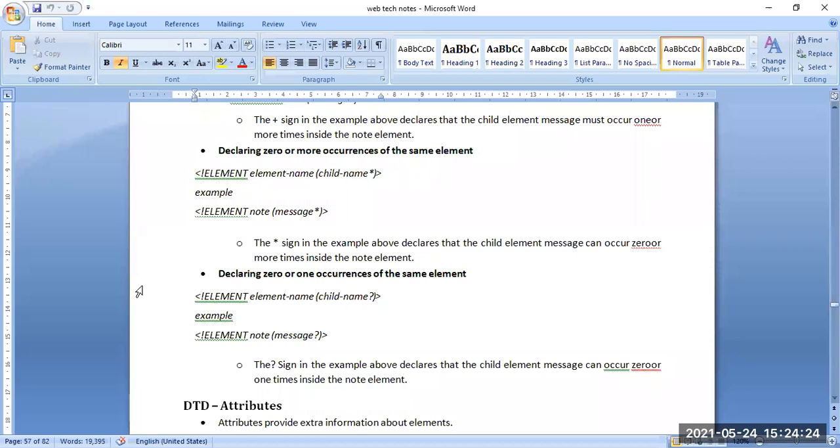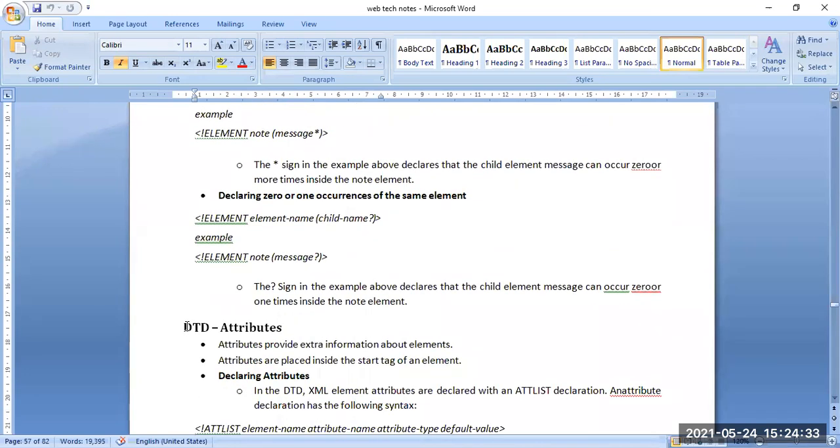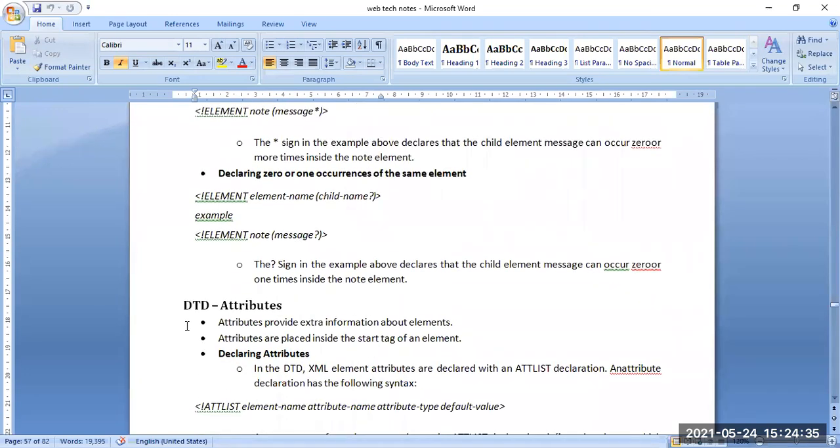Now, the DTD does have some attributes. So what are the attributes for this DTD? Attributes provide extra information about the elements.